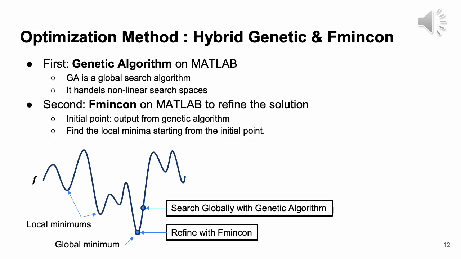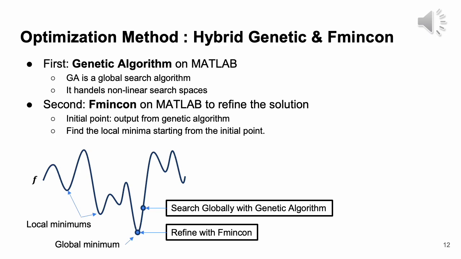Our optimization method uses a hybrid approach. First, we run a genetic algorithm in MATLAB to explore the global search space. This helps us to handle complex, nonlinear problems and avoid getting stuck in local minima. Next, we use fmincon to refine the result. Starting from the genetic algorithm's output, fmincon performs a local search to fine-tune the solution and reach a nearby minimum